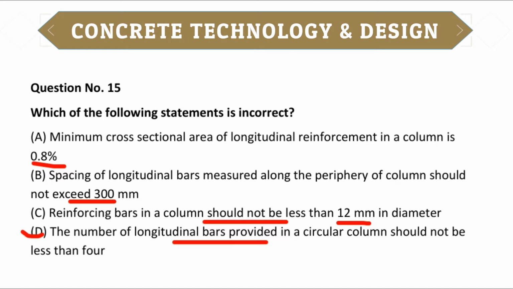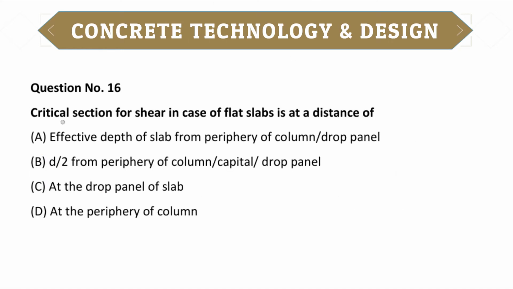less than 4. So next question, critical section for shear in case of flat slab is at a distance of: option A, effective depth of slab from the periphery of the column or drop panel; option B, d by 2 from the periphery of the column capital or drop panel; option C, at the drop panel of the slab; option D, at the periphery of the column. So the correct answer is option B, d by 2 from the periphery of the column or capital or drop